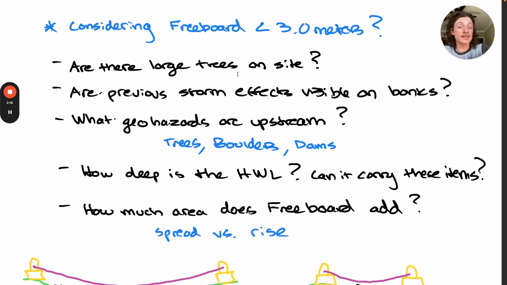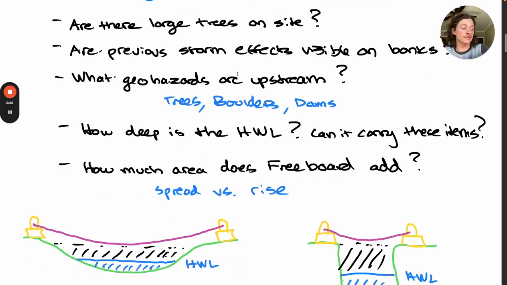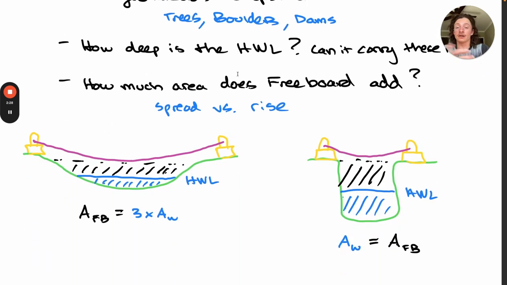How much surface area does the freeboard add to the river rise? Is it double or is it triple? You can think about spread versus rise in classifying a floodplain. And I've drawn just a rudimentary diagram for you here showing more of a floodplain type environment where